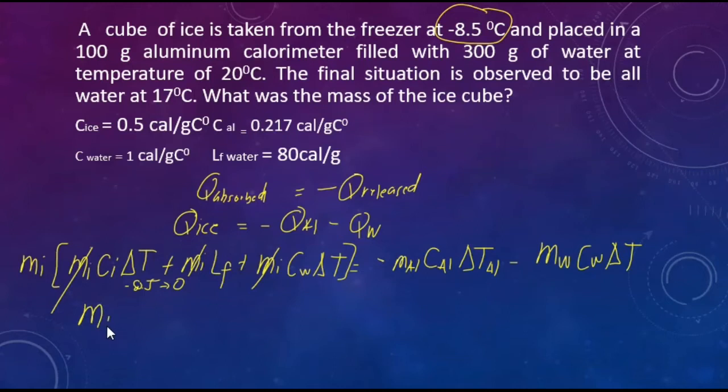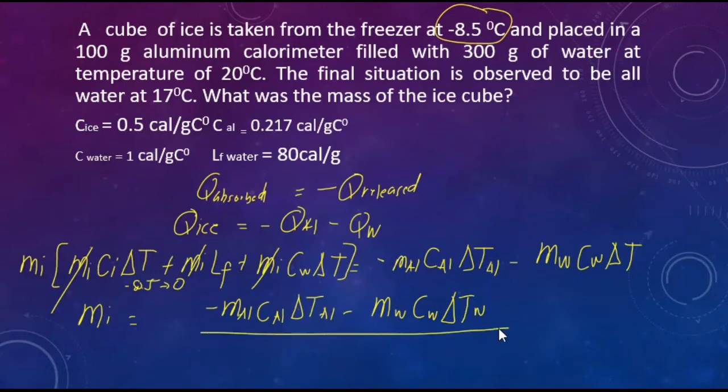Mass of the ice is equivalent to negative mass of the aluminum, C of the aluminum, delta T for the aluminum, minus mass of the water, C of the water, and then delta T for the water, then divided by Ci delta T